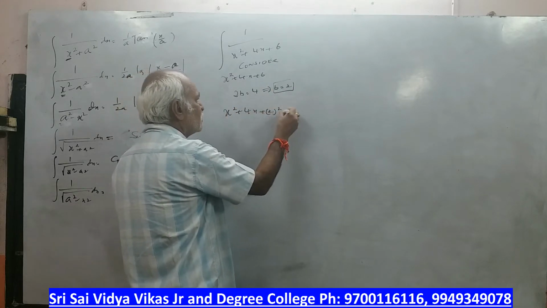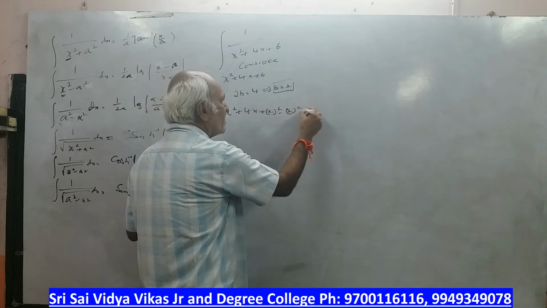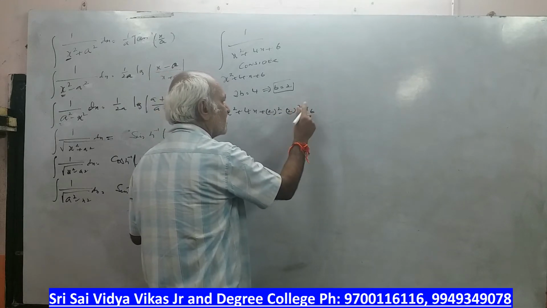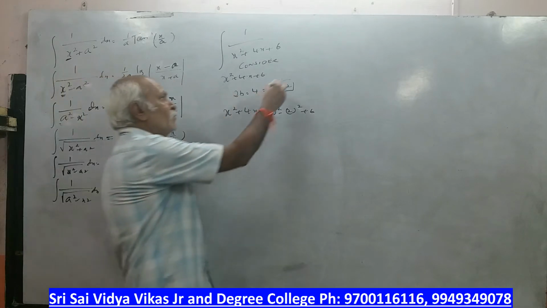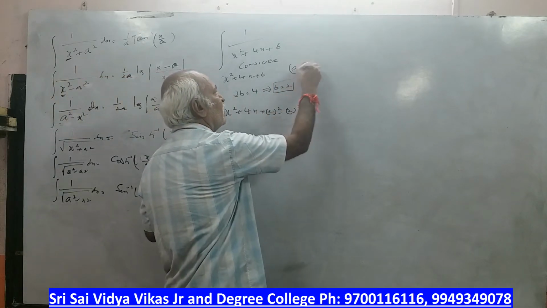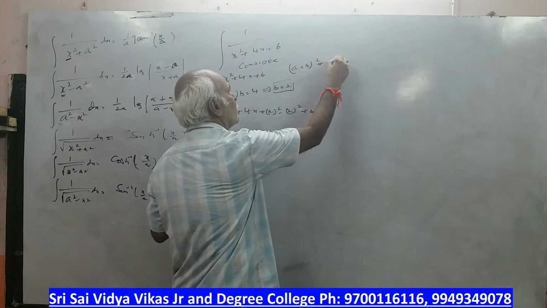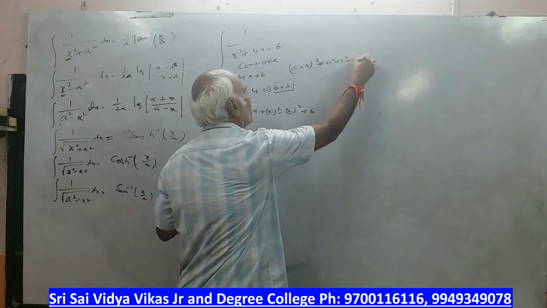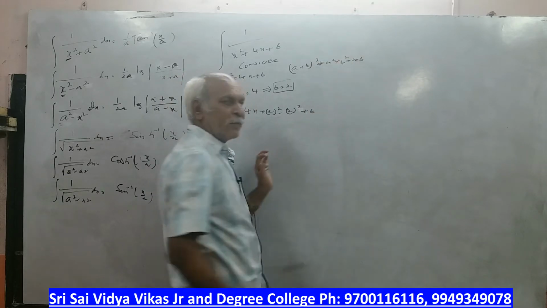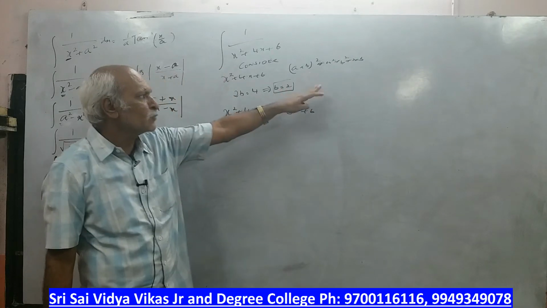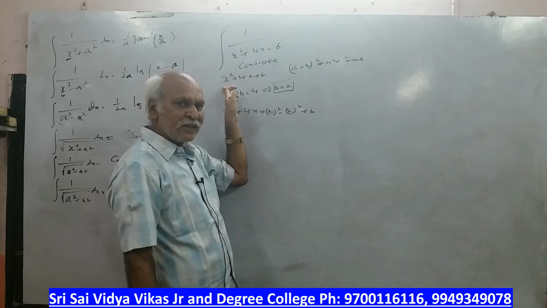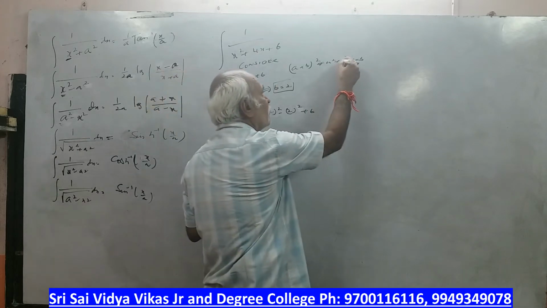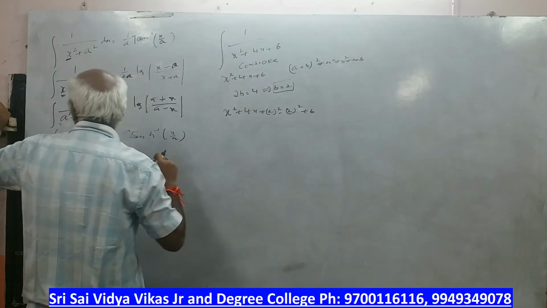Therefore x square plus 2 square minus 2 square plus 6. So what I have done? Why I have taken 2b? You know a plus b whole square formula: a square plus b square plus 2ab. We know a plus b whole square is a square plus b square plus 2ab. So I will take always the coefficient of x. X is already a, sir, so that's why it is no problem. So always the x coefficient we take as 2b.